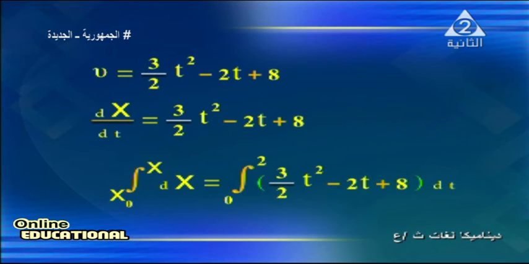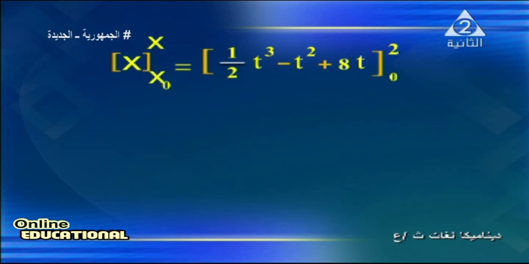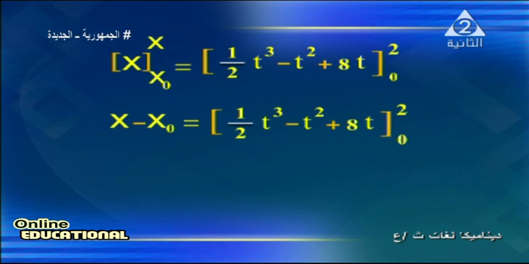The integration of dx from x naught to x equals the integration of the relation 3 over 2 t power 2 minus 2t plus 8 from 0 to t. The integration of dx is x from x naught to x equals half t power 3 minus t power 2 plus 8t from 0 to 2. Then x minus x naught equals half t power 3 minus t power 2 plus 8t from 0 to